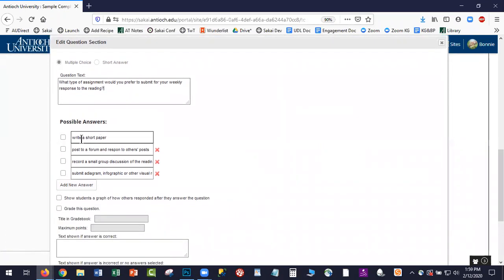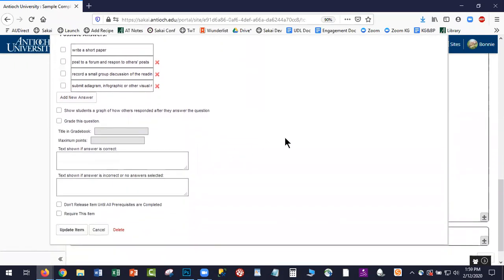I wrote in 4 possible answers that they could select from for my poll. And none of them are checked off as being correct or incorrect because this is just an opinion poll. I'm not grading this poll, so I don't need to select that. And since there are no correct or incorrect answers, I don't need to show any text depending on what they say. When you update the item,